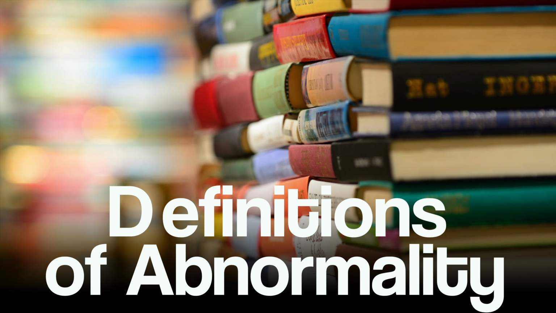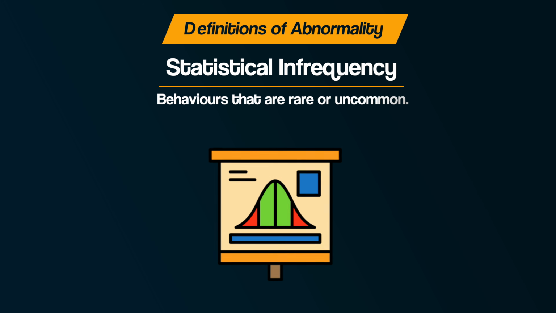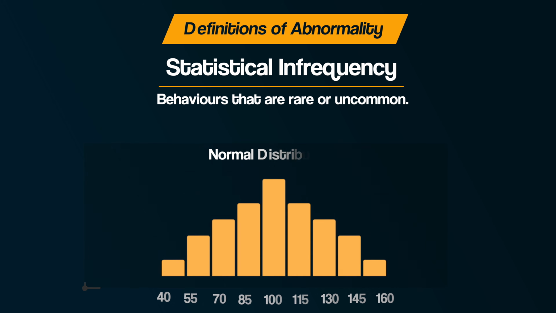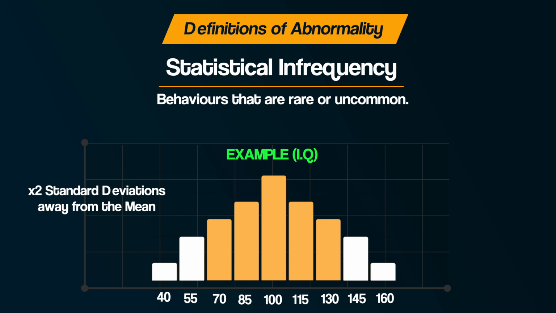Definitions of abnormality. Statistical infrequency defines abnormality as behaviours or traits that are rare or uncommon within a population. In a normal distribution, a bell-shaped curve, most people or scores fall around the middle, near the mean. The extreme scores are considered statistically abnormal and are found at the edges of the distribution, typically 2 standard deviations away from the mean. An IQ score below 70 or above 130 are considered statistically abnormal because they are statistically